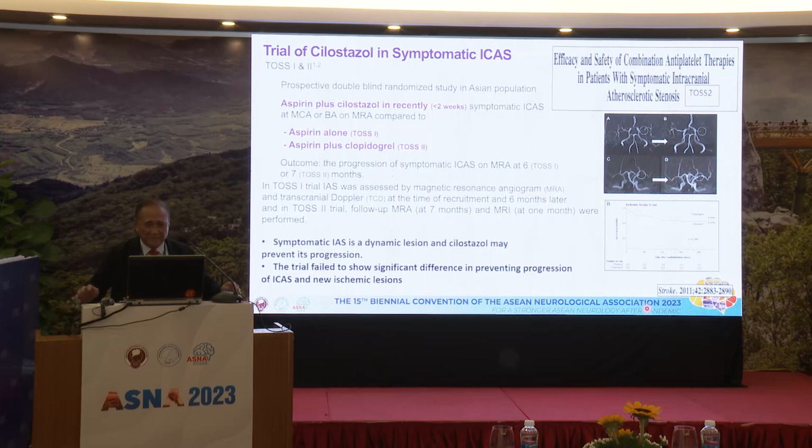As I was saying, the utilization of cilostazol was borne by these two trials, the TOSS-1 and the TOSS-2. Earlier, I said that the first one was the use of aspirin, and then after which the TOSS-2. We use cilostazol, clopidogrel plus aspirin, and then cilostazol plus aspirin. The outcome measure here was whether the intracranial stenosis has regressed, has progressed,